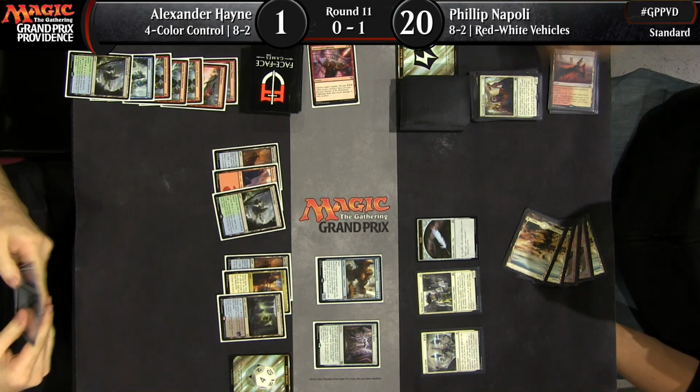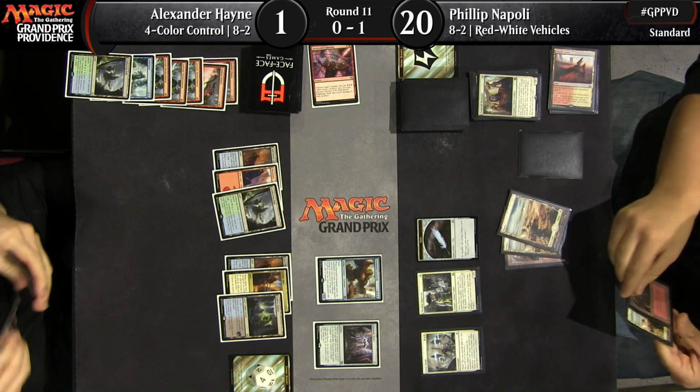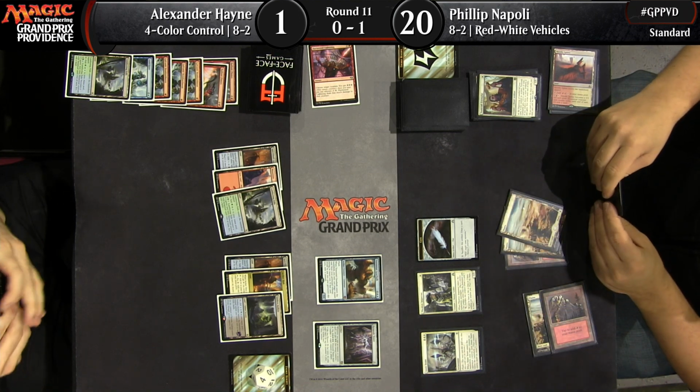Looks like a Thraben Inspector is a follow-up for Phillip, but things are... Even though Alex is at 1 life, and it looks like this...